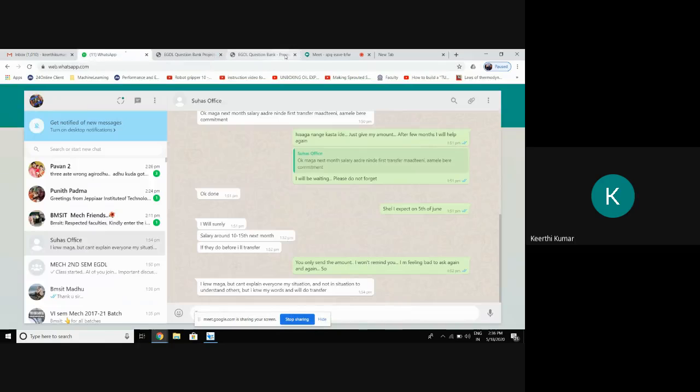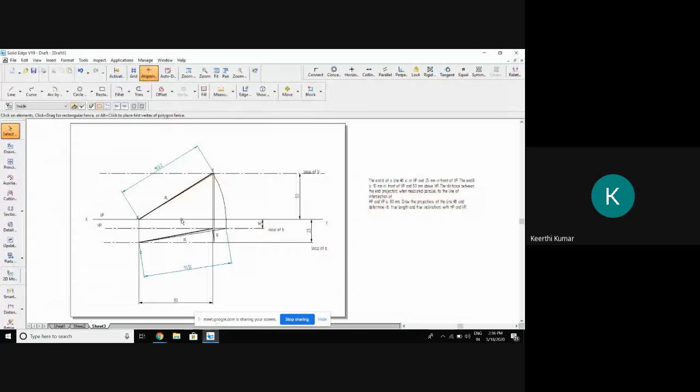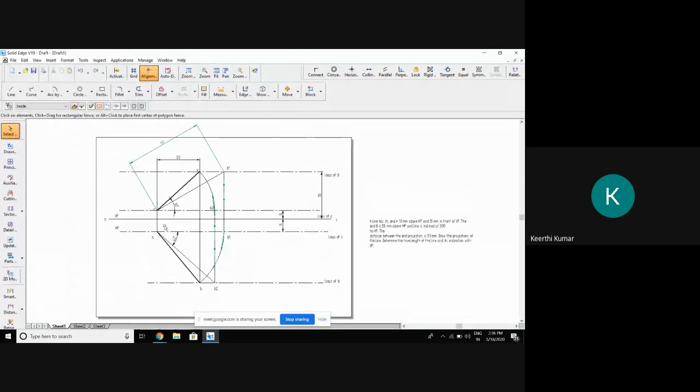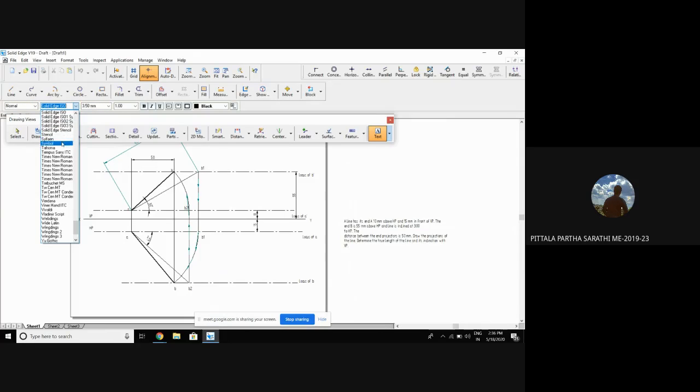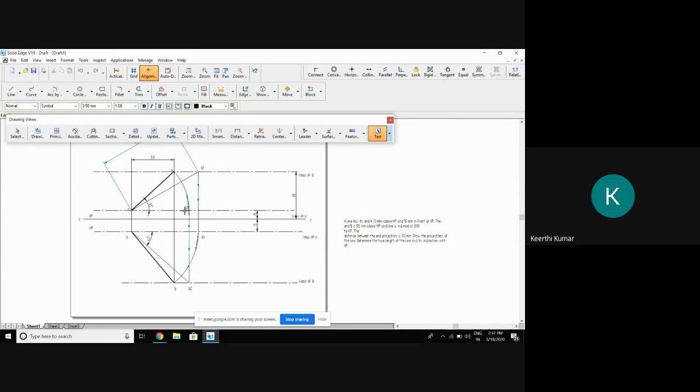Okay, now. And here I forgot to tell about the angles. What does this 30-degree indicate? Can I tell? Do you remember? Apparent inclination. That is called true. 30 degrees true inclination. And it is called theta. Just I'll write the text. This is called theta.